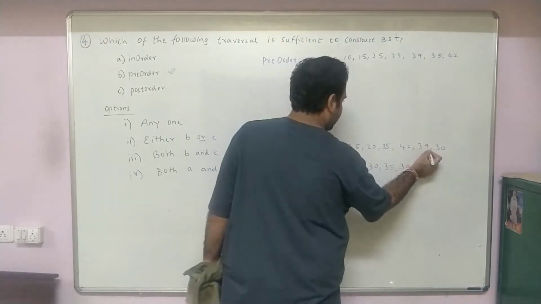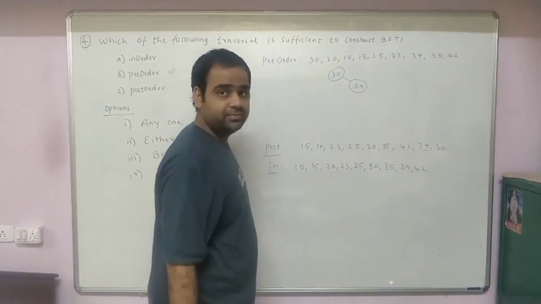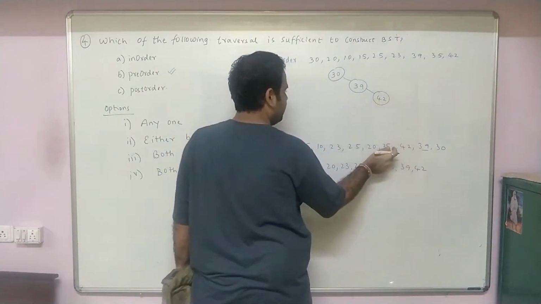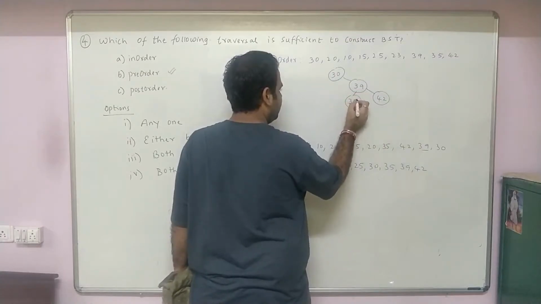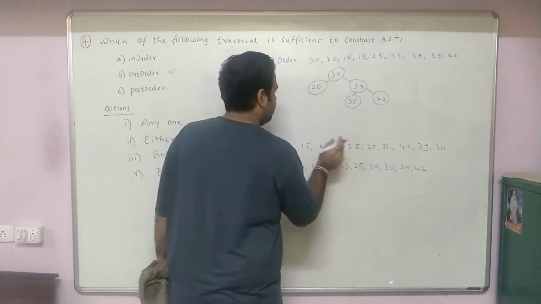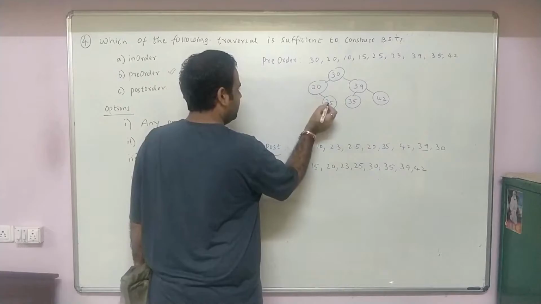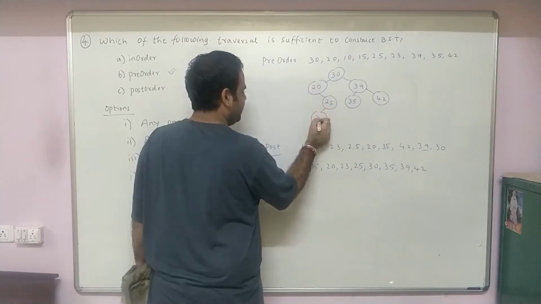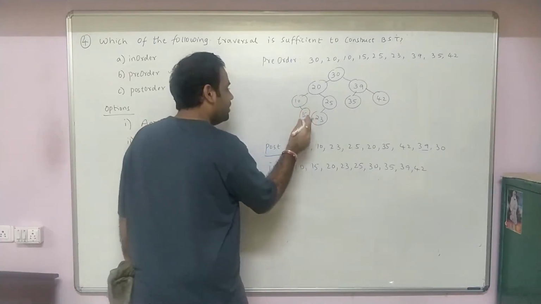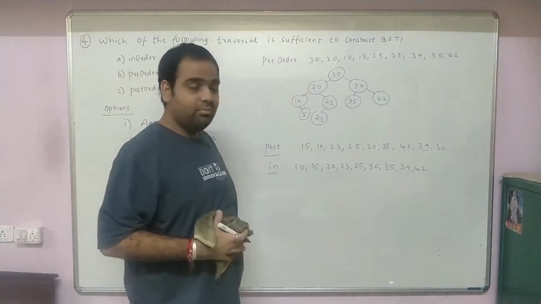Now we are coming from RHS to LHS. Now this is 39, greater, therefore it goes on RHS. 49, it is greater, therefore it comes over here. Next is 35, this is where the 35 is. Okay, next is 20, this is where the 20 is. 25, this is where the 25 is. 23, okay, greater and less, this is 23. 10, this is 10 and this is 15. Therefore we were able to construct the tree from pre-order and from post-order.